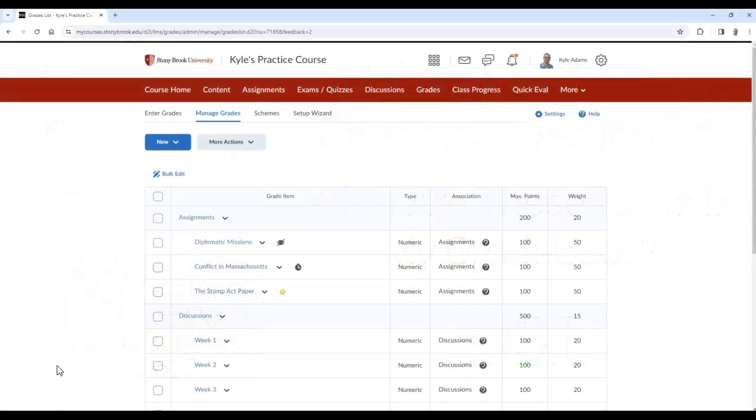While spending time in your Brightspace Gradebook, you might come across some icons within the Manage Grades and Enter Grades area. These icons are important to understand to ensure that your gradebook is accurately reflecting your desired setup. Starting off in the Manage Grades area,